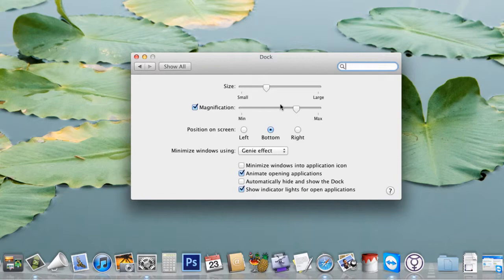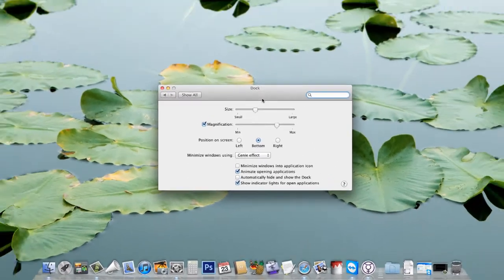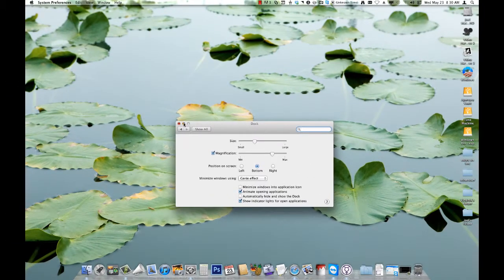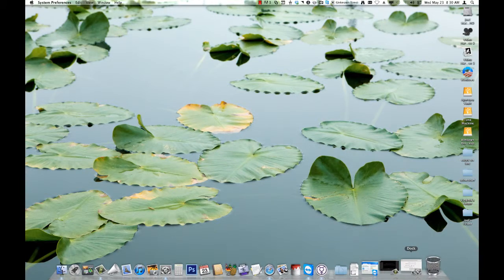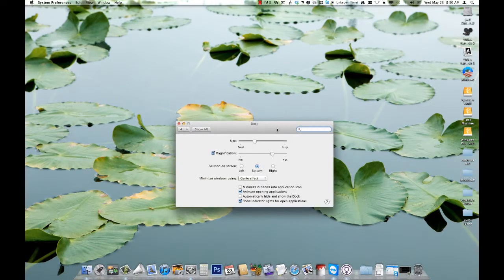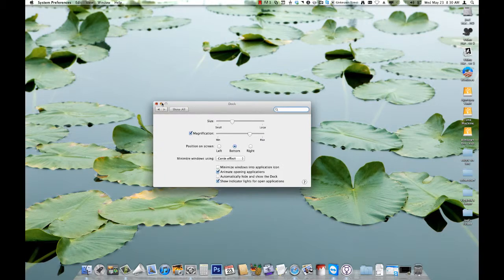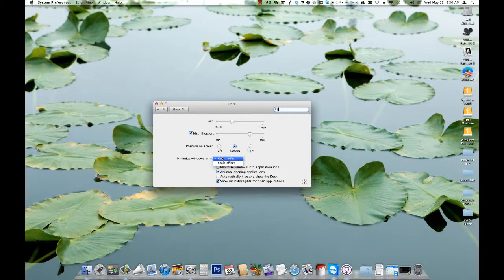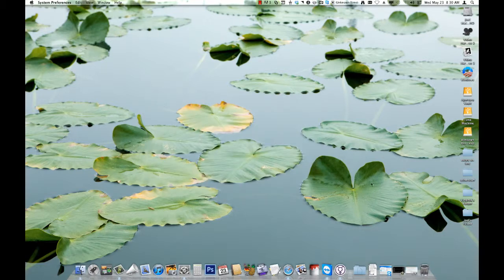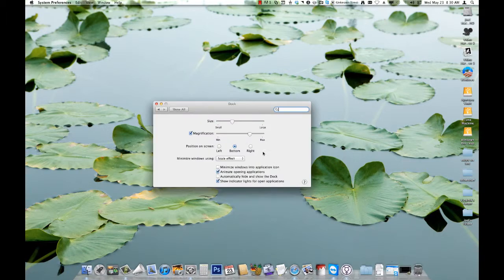That's just for fun, really. You can see it here. I'm going to minimize this dock window, and you see it goes down like it was a genie in a bottle. And then I can make it go back up, and it goes like a genie in the bottle, down and up. And you'll see if I change it to the other choice, which is scale effect, it doesn't do that genie effect. It just throws itself down there kind of abruptly. I like the genie effect. I'm going to keep it